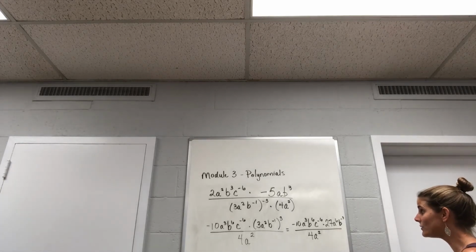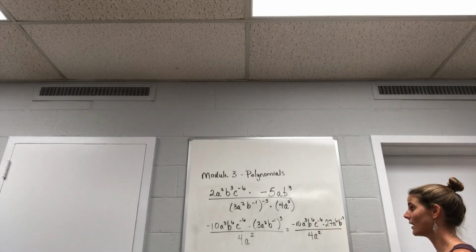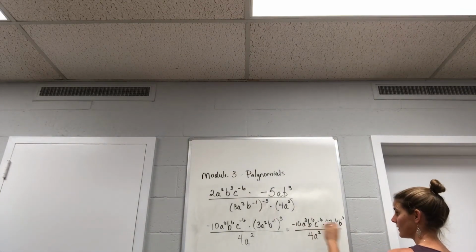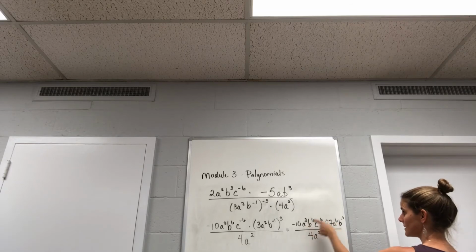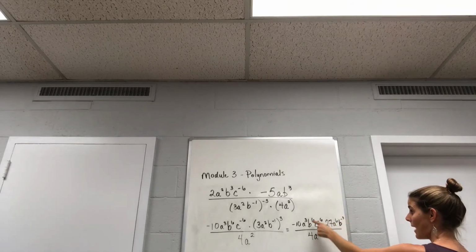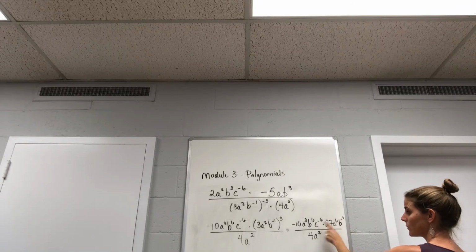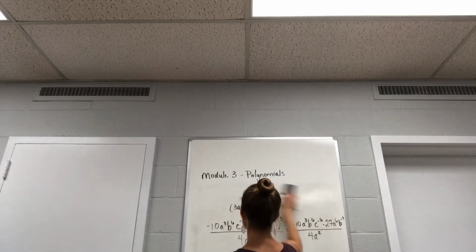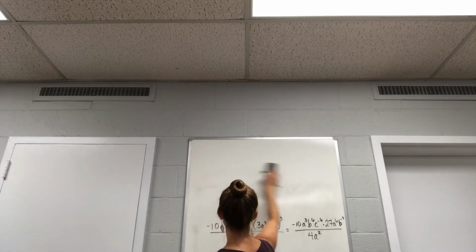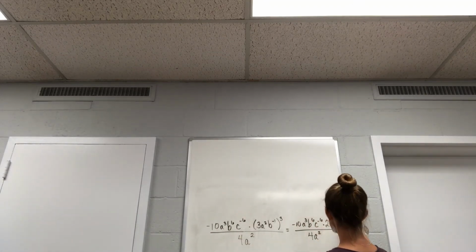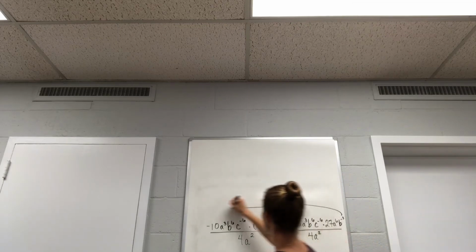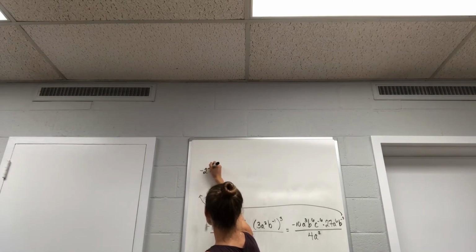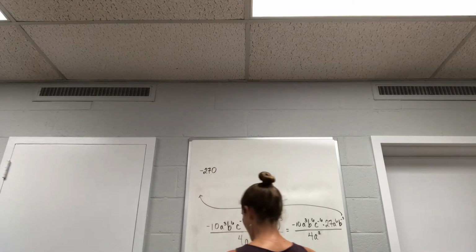And now I do see that I have some negative exponents remaining. There are a few things that I can do along with that. I can take the negative 10 times the 27. I can take the a cubed times the a to the 6th, the b to the 6th, and the b to the 3rd. So that will actually take care of that negative right here, but this one we'll have to deal with. For space, so that you can see this, I'm actually going to pull this up here. My camera's a little wonky today. Okay, so I'm going to take negative 10 times 27, which is negative 270. And then I've got